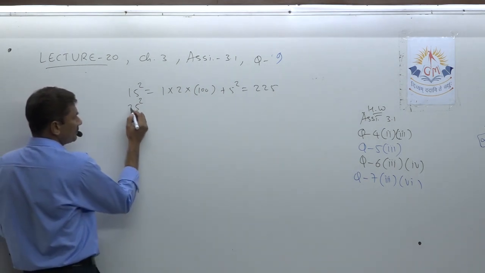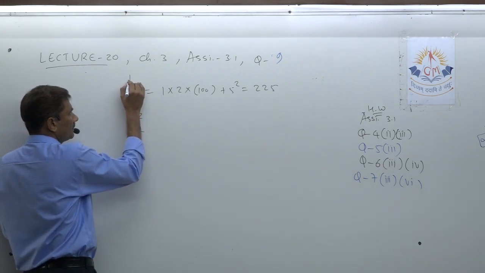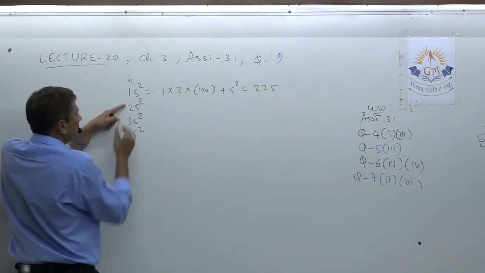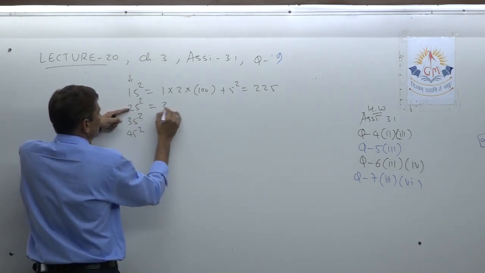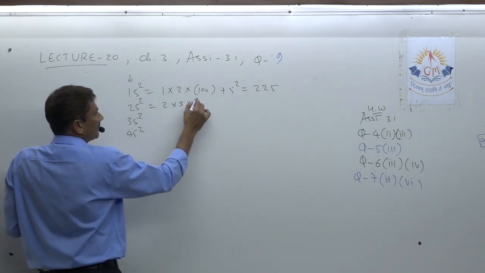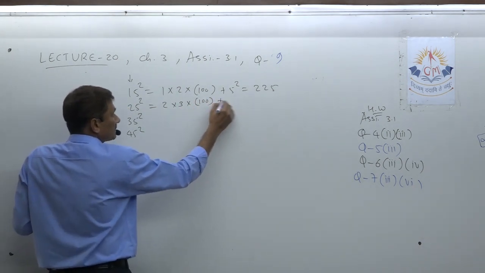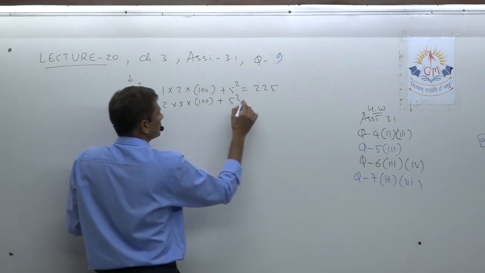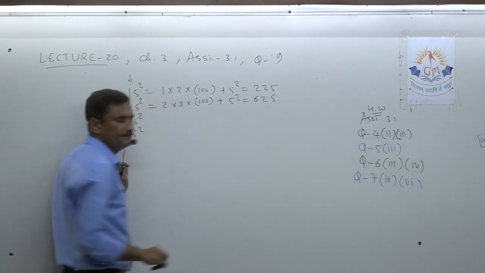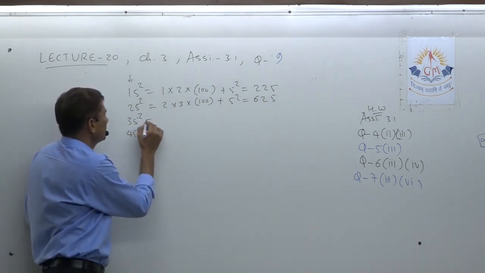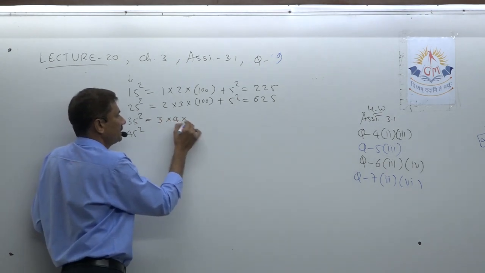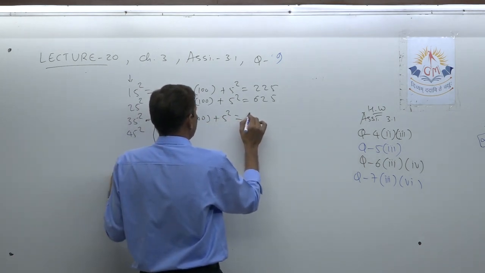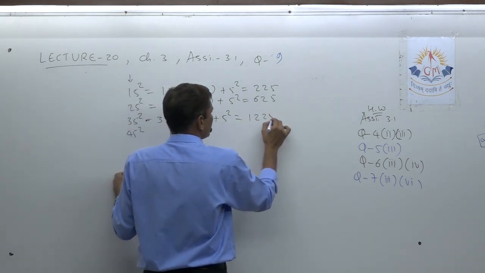What to do? First of all, look at this number. The tens digit here is 2. Here is 1, so 1 twos are 2. Here is 2, so 2 threes are 6, the next number. Then every time multiply by 100, then plus 5 square every time, because the last digit is 5. So 3 twos are 6 into 100, 625. Okay, so here 3 into 4 into 100 plus 5 square is equal to 1200 plus 25, so 1225.